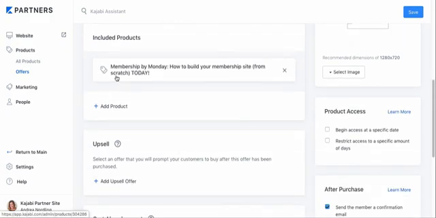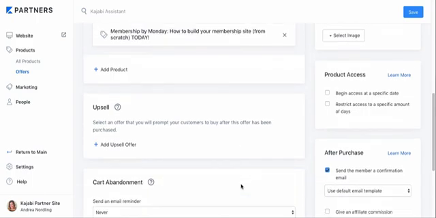Now we have an included product here, but if there were a few different products that you were going to include in your membership, then you would add them all here. And that is going to package them all up together for one price and the terms that you select in this offer. If you wanted to do an upsell, you can absolutely do that. There's 2 ways to do that within Kajabi, the upsell or the order bump. The order bump is on the checkout page. The upsell is actually the page that you go to after confirming your order. But both of them give you the opportunity to add on another product or service, basically, that wasn't included initially, but they can add it on with one click and not have to enter in their credit card information again,